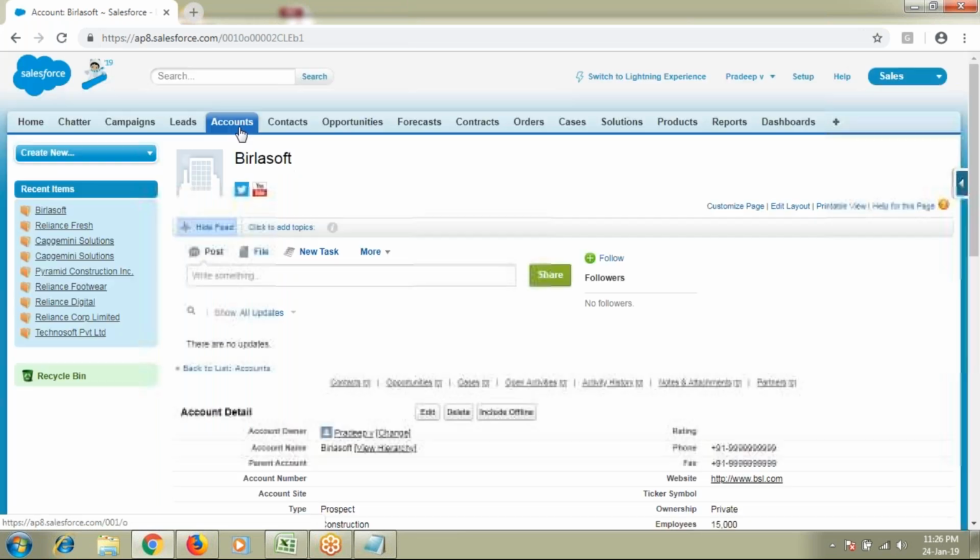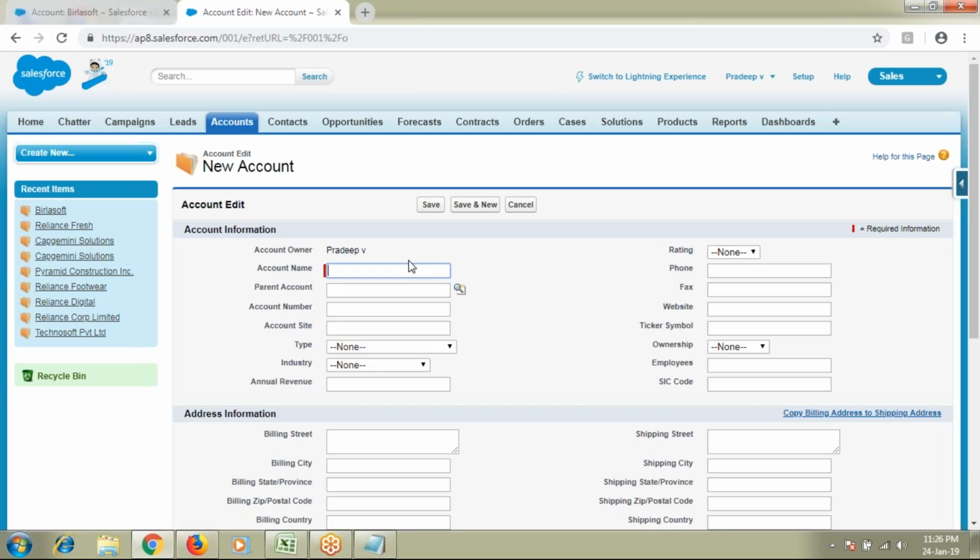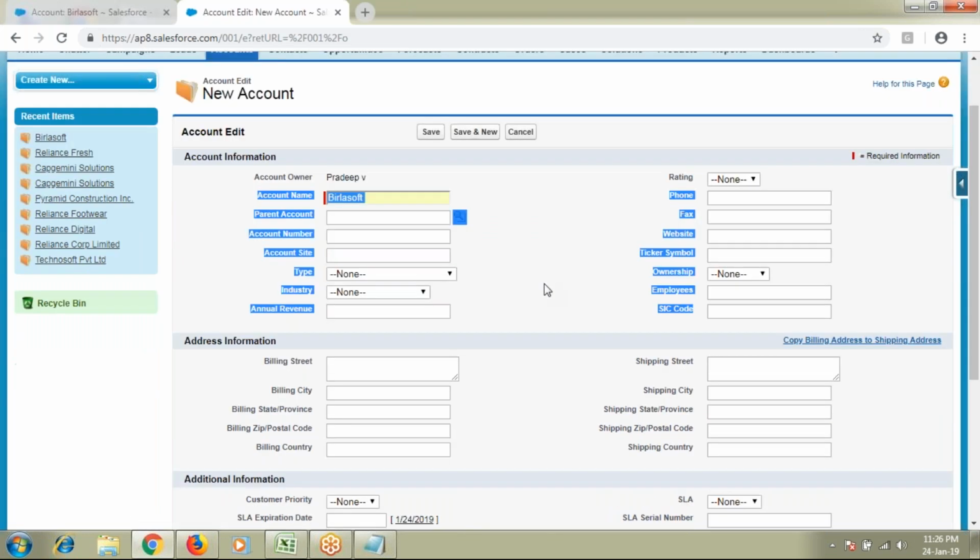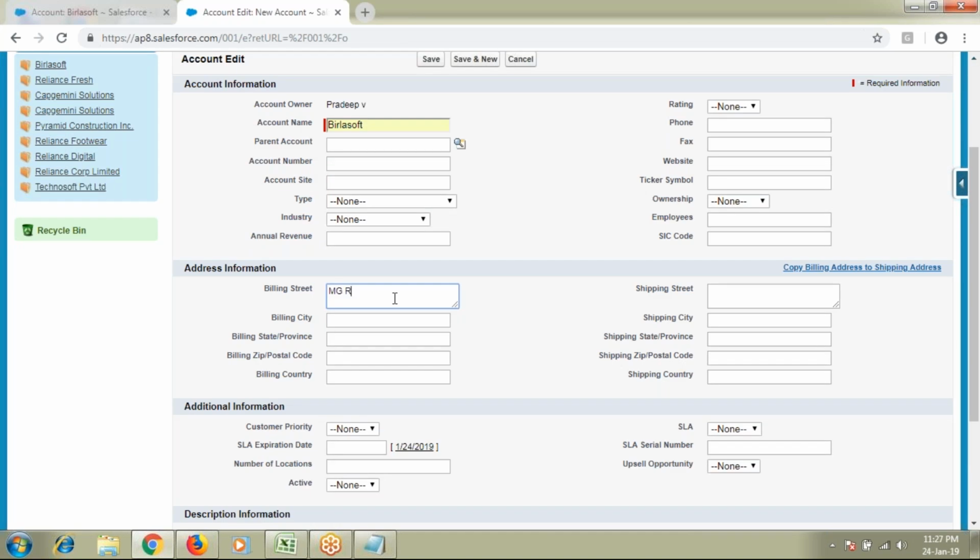Now I'll create another record with the same name but different information. Birlasoft. I'll not populate anything from here. I'll move on to the next section, which is address information.